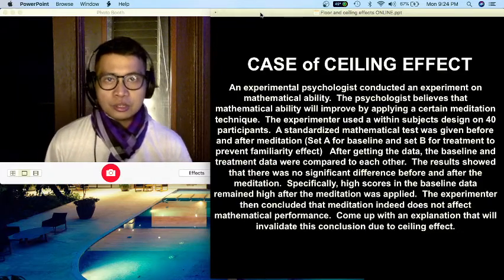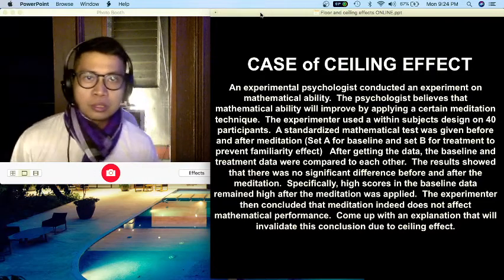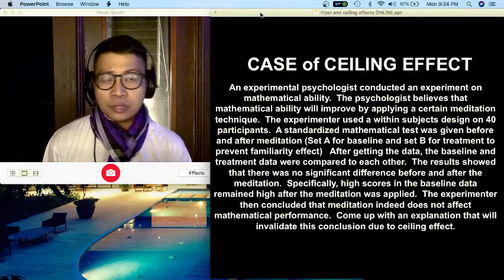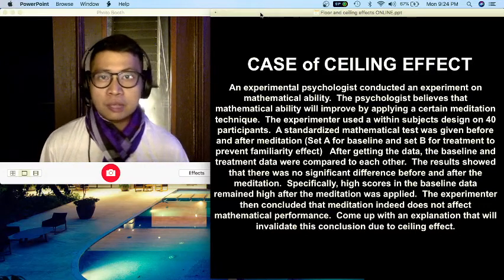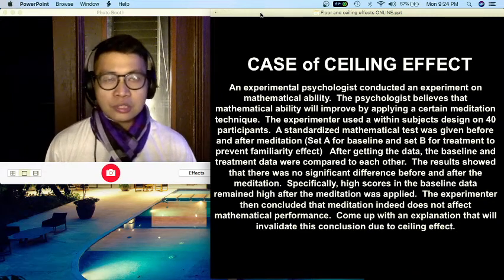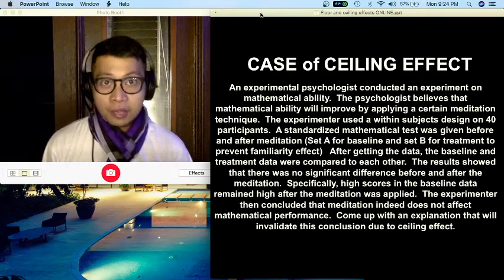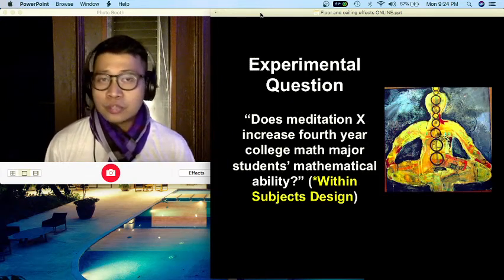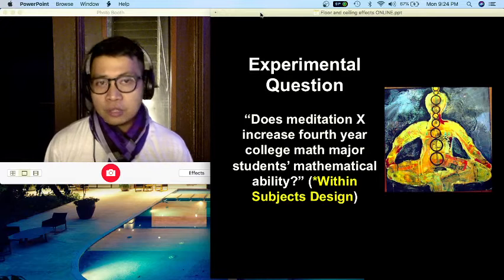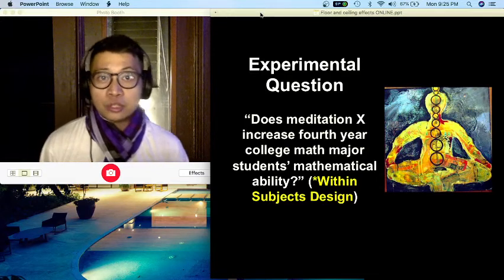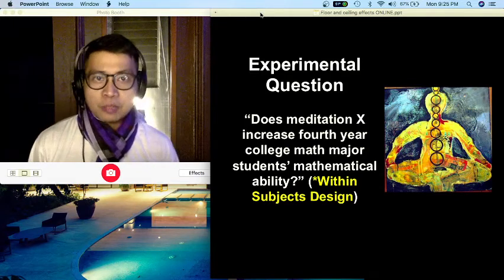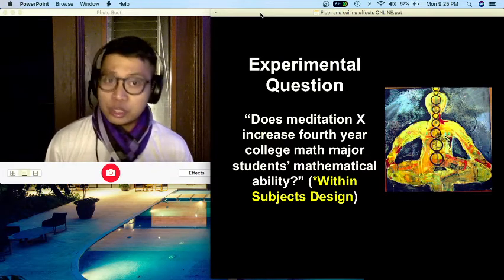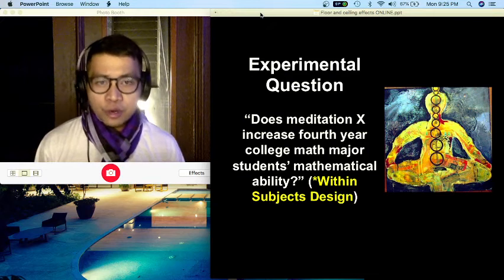Okay? Let's start with the first case, the case of ceiling effect. Okay? So, reviewin nyo na lang ulit yung nangyari dito sa case na ibinigay ko. And now, let's discuss how ceiling effect affects psychological experiments. So basically, if you are going to summarize the case that I have given you, ito lang yung experimental question natin. Does meditation X, kung ano man pangalan ng meditation na yon or meditation in general, increase fourth-year college math